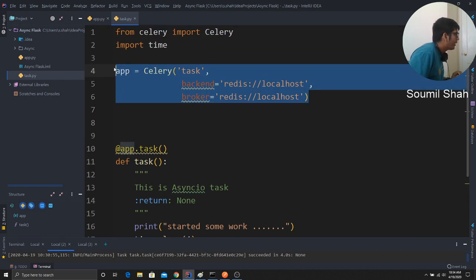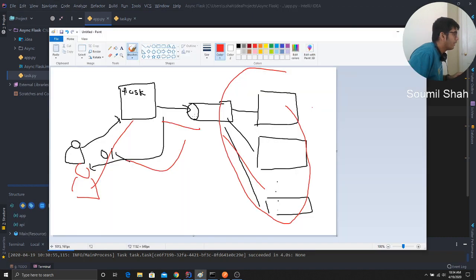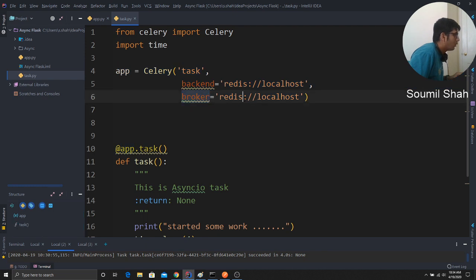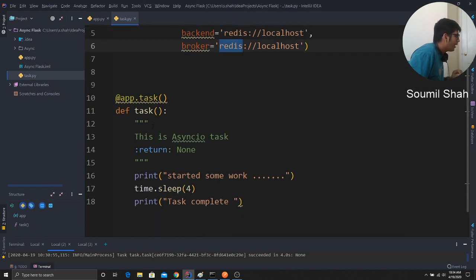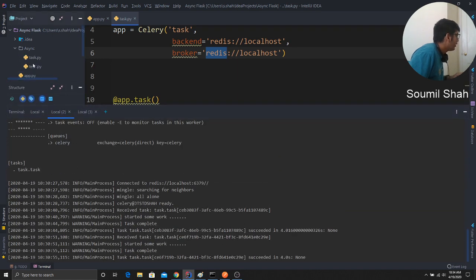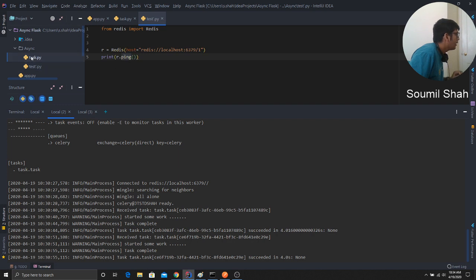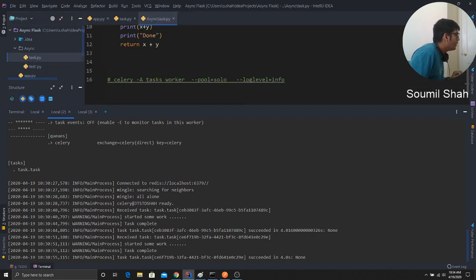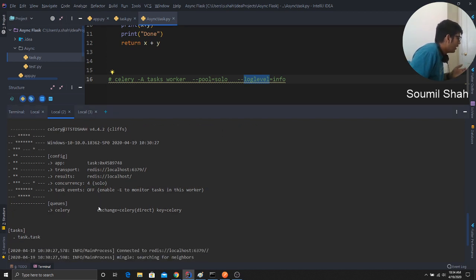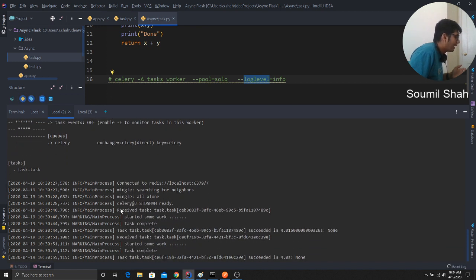Now as soon as you make a request, as you see in the diagram, I put it on the queue, and this queue is nothing but our Redis queue. So here you can see the broker is Redis. So it goes to the queue. Now the workers are actually working. In order to start the worker, the command is celery -A task worker --pool=solo --loglevel=info. As soon as you do this, you can see there are 4 concurrency processes or threads, however you want to say, which are going to keep executing. So no matter how many requests come, in the background it's going to keep running your task, right?